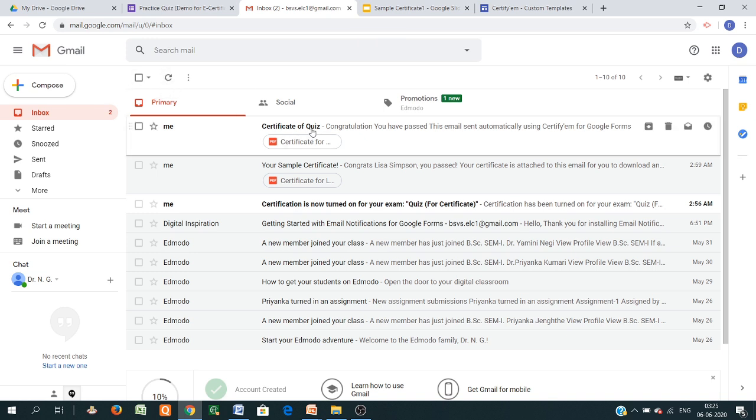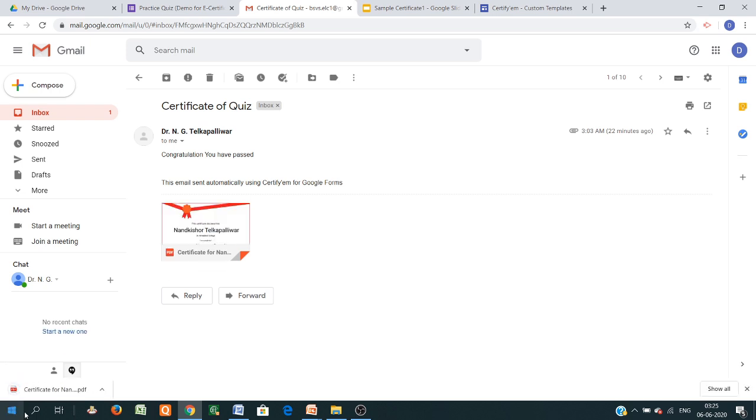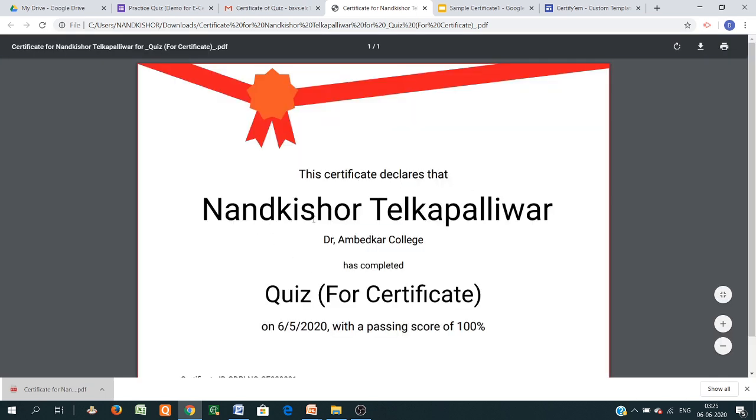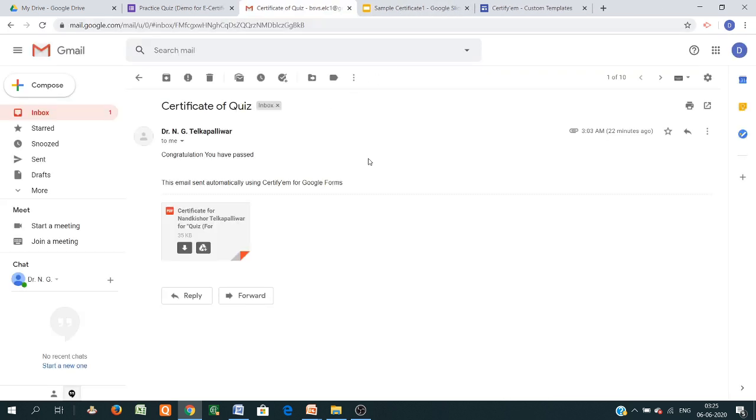So this is the first certificate, the sample certificate, the template which is available on Certify Me. This certificate declares the quiz title, date, and certificate ID that is generated. It takes time to generate another certificate. Let's wait for that.